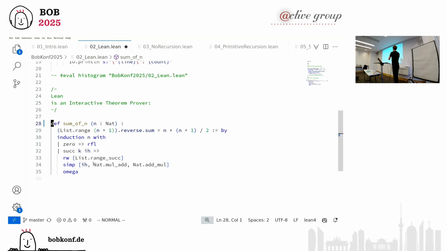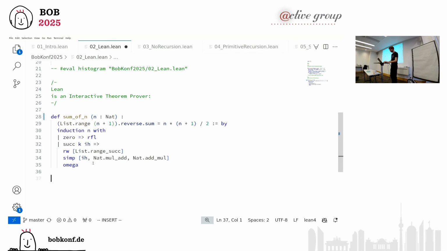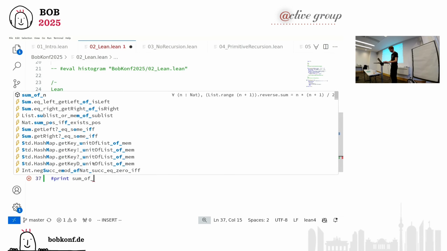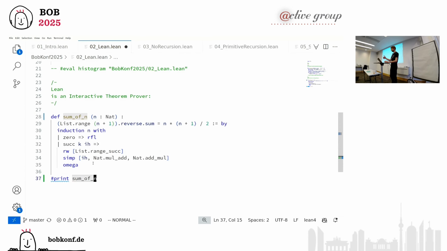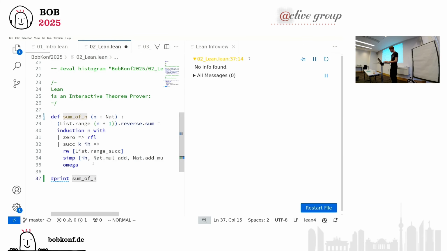Oh yeah, and as Lean is a theorem prover, maybe this picks up the question, what does print actually mean? Lean is a rather big project that has many things, a big system. And there's one component somewhere in the middle called the kernel, which is a very small, rather self-contained thing, which is purely responsible for checking that the proofs are actually correct. And if you look at the proof, I mean, this is not the proof. This is what I told the system to use to construct the proof. If I say sum of n and print it, then I see what is actually being passed to the kernel.